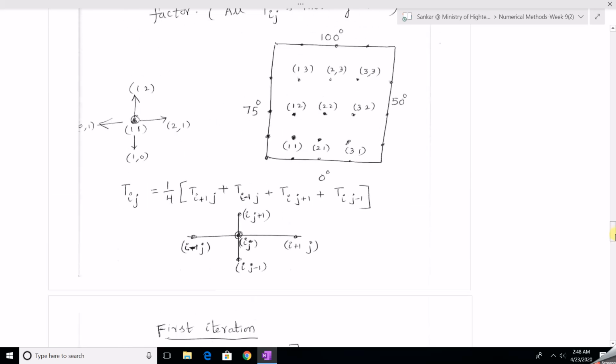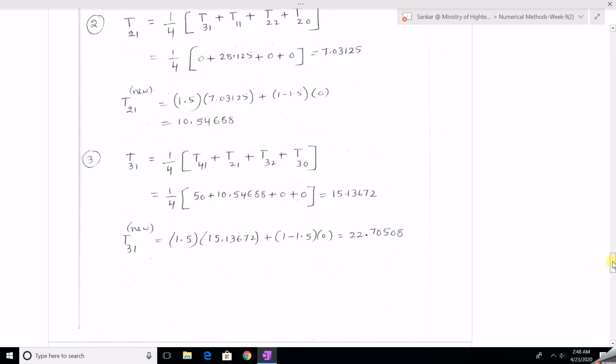Now we go to the point 3, the temperature at point 31. Here the point 31 is here. So in the second iteration, the temperature at 31 is found by using the points here: this is 41, the previous point 21, the above point 32 and the below point 30. And here this edge is at 50, this edge is at 0. This is the value in the first iteration. We use the value in the first iteration, but for T21 we use the latest approximation to get the temperature at 31.